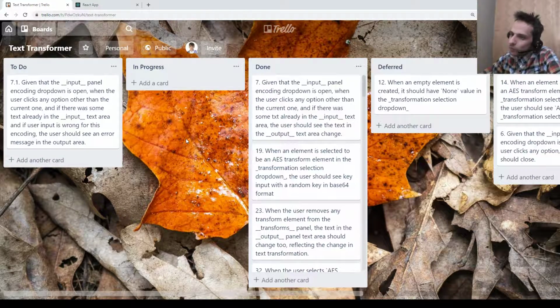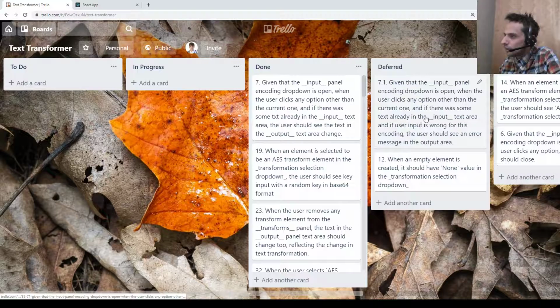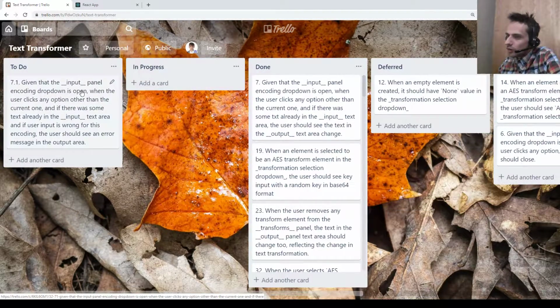This I think I'm not going to do, at least not today. I'm not even sure we need this, because I don't know how you can check if the text is in proper encoding or not.